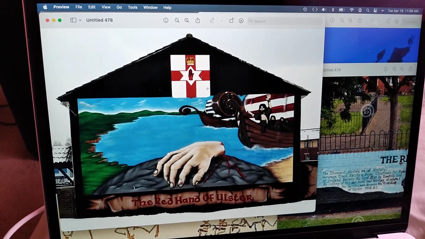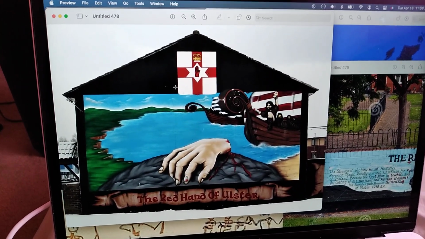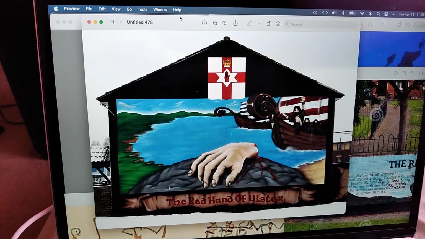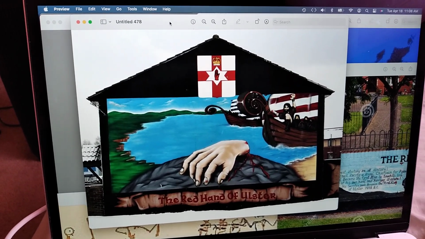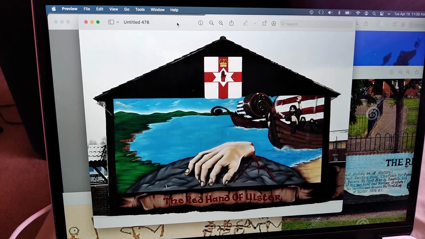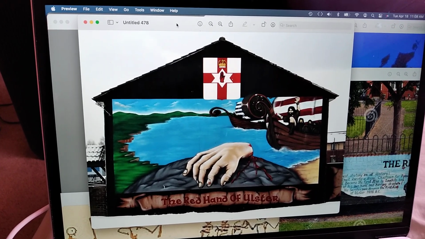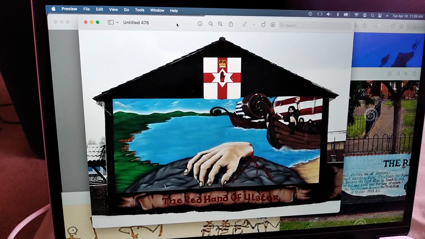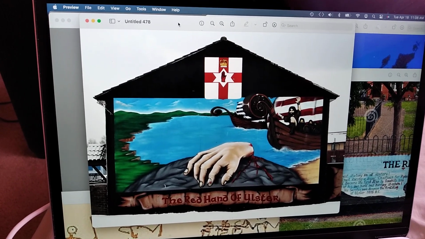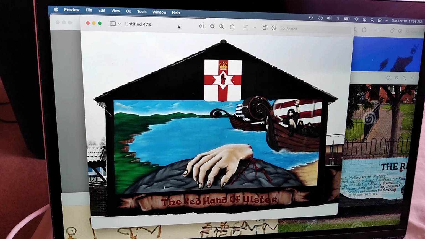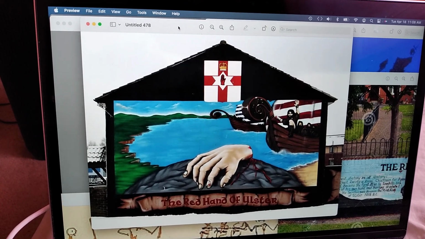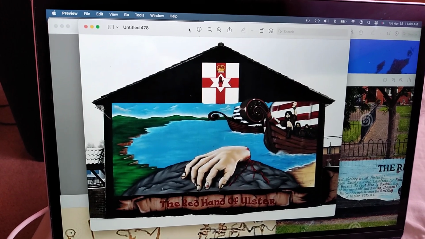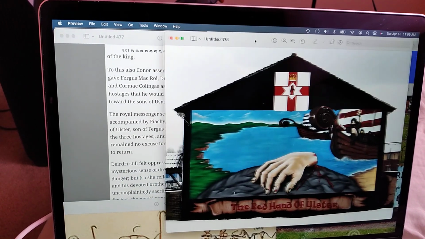But at least it confirms that popularly, there's a bunch of different stories of what the Red Hand of Ulster signifies. The main one that I know of is the race across the sea to be first to touch the shore. And based on these murals, it's clear